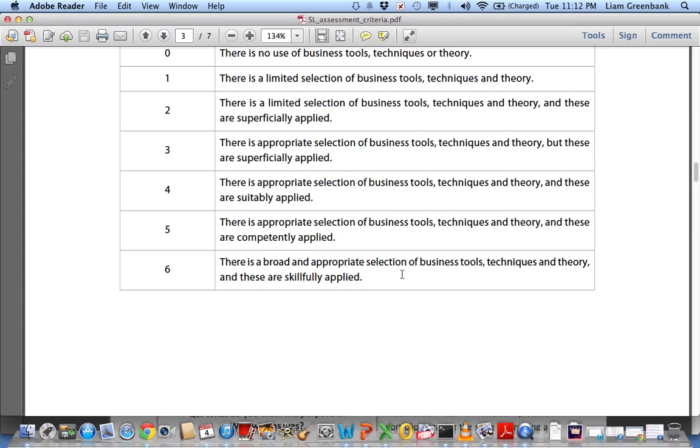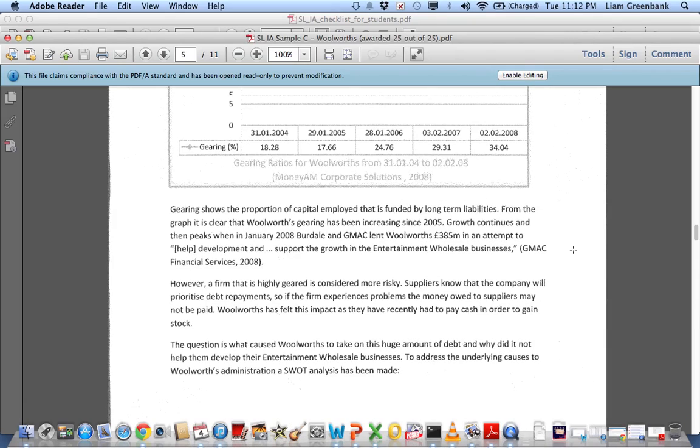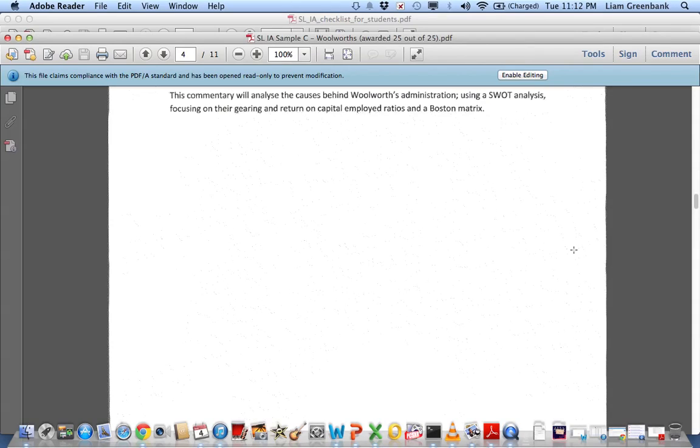So basically, in the Woolworths example, they used, let's have a look, SWOT analysis, ratio analysis, because they were looking at a lot of accounts and why their finance was so poor, and a Boston matrix. So looking at 4 areas of theory there. Now 4 is enough for an SLIA. It's difficult to get any more in 1,500 words. So if you can pick 4 that are relevant, a SWOT analysis is a nice one to do